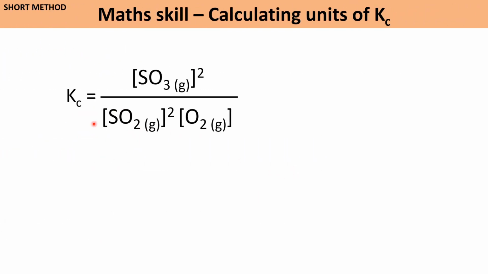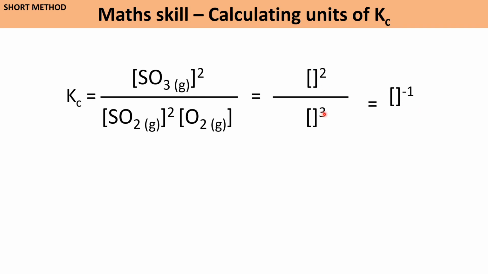So we can see here that we wrote an expression for Kc, and we saw that it was products raised to their coefficients divided by reactants raised to their coefficients. And in every one of these square brackets, it's always going to be moles per decimeter cubed. So what we can do is just abbreviate this. You're going to have whatever's in this bracket squared divided by the sum of this. So this is raised to a power of 2, and this is raised to a power of 1. 2 plus 1 is equal to 3. So we've essentially got 2 over 3,